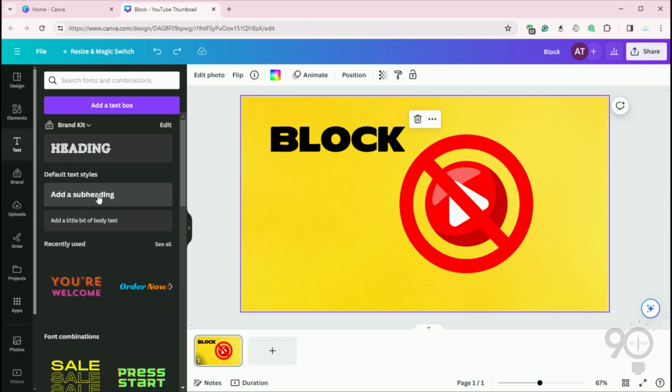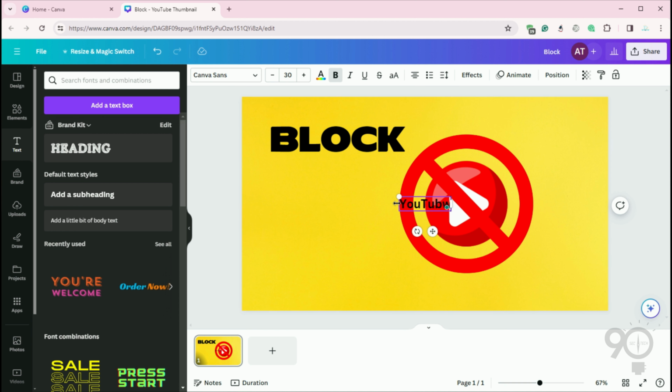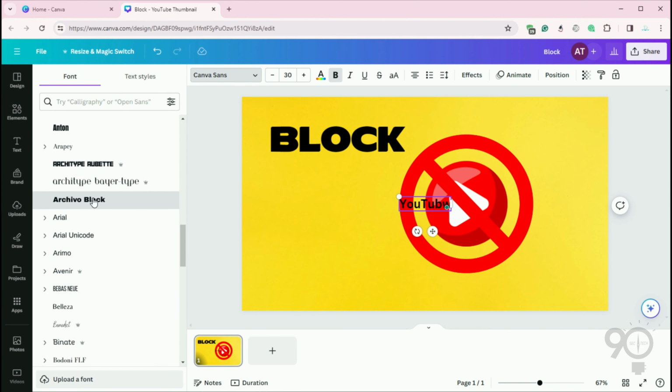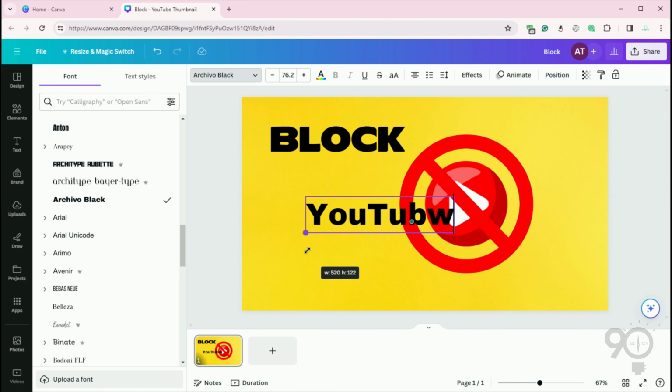Add another subheading for additional text. Adjust the size and alignment to match your design.